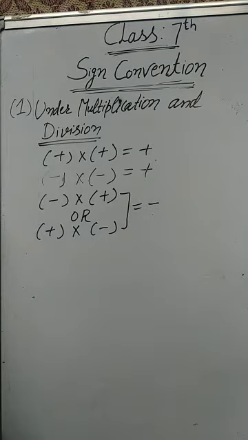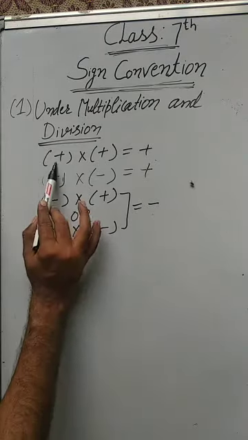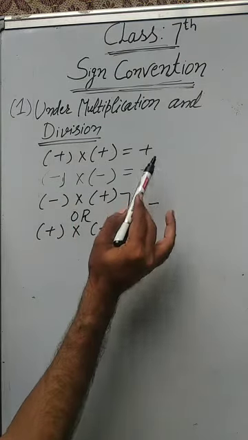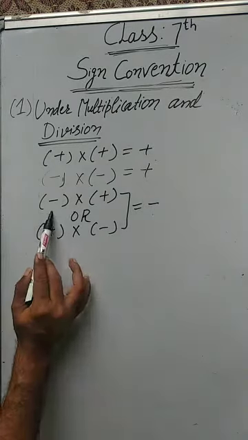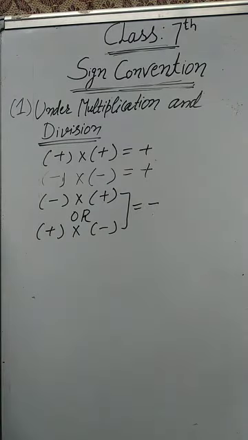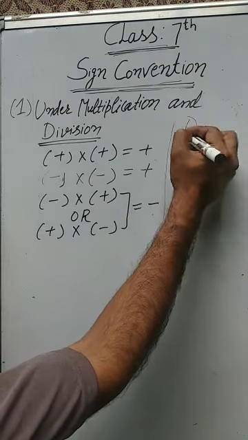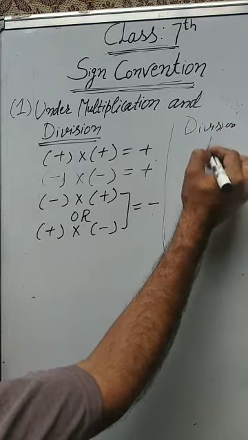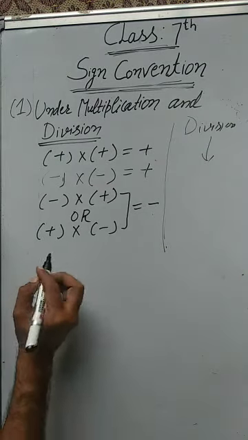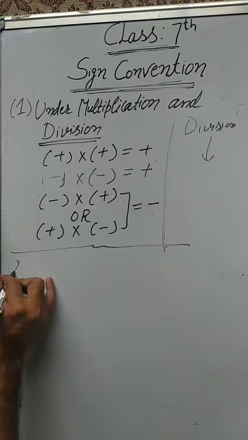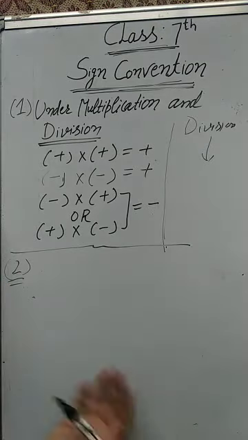As already I explained, in the multiplication or division of integer, if the integers are of same sign, then your final answer will be a positive, and if your integers are of opposite sign, then your final answer will be negative. This property not specially hold for integer, it hold for all the numbers. Similarly in the division these properties hold. Okay. Now beta, your second sign conventions are very important.